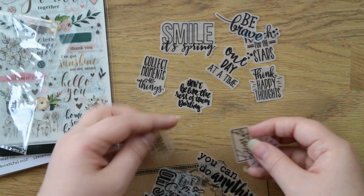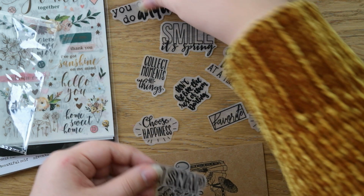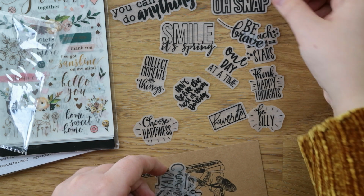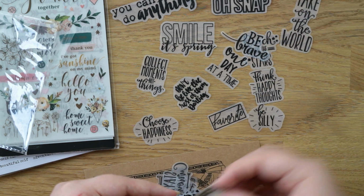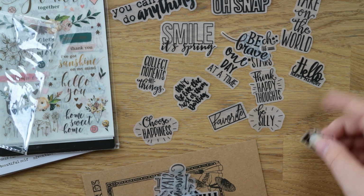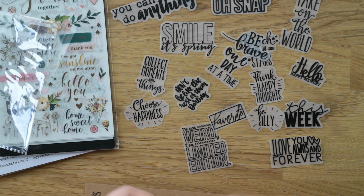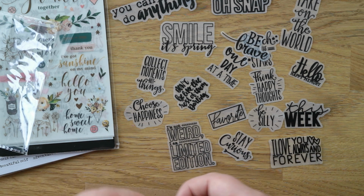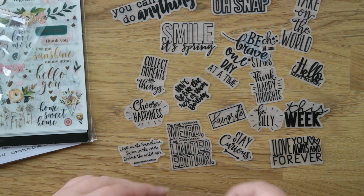I think there is quite a lot in here. I am planning on using these for Project Life and scrapbooking. You can stick these on with a sheet of adhesive all over the back, or you could, wait, no, you don't need to do that. These are all stickers, so you can just peel the back off and stick them straight on your project, which